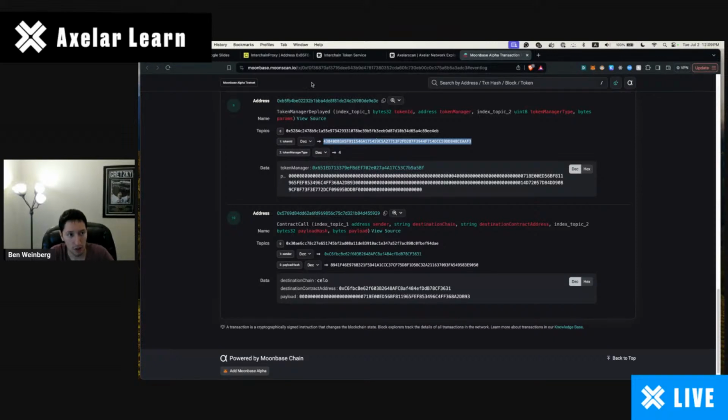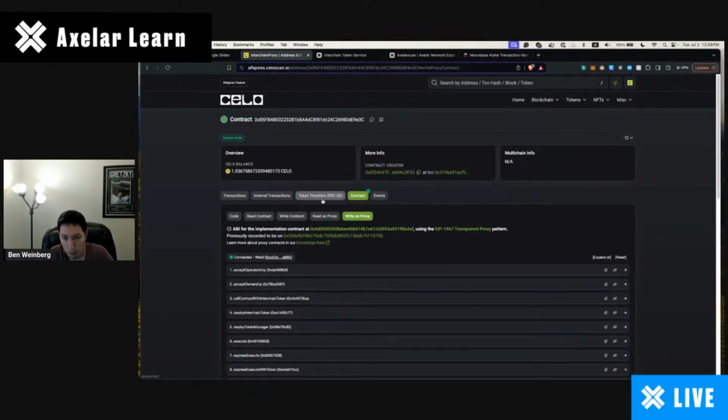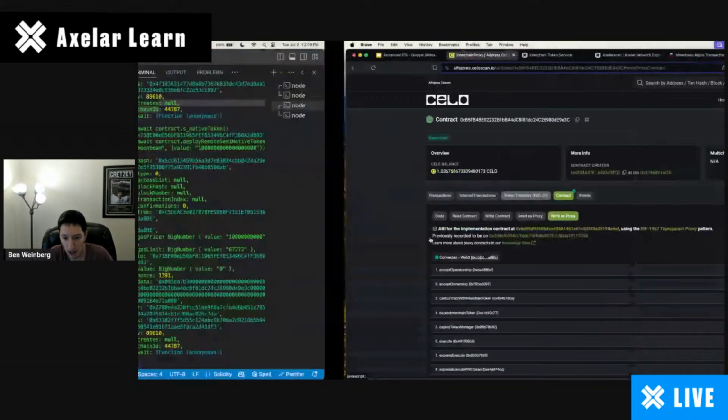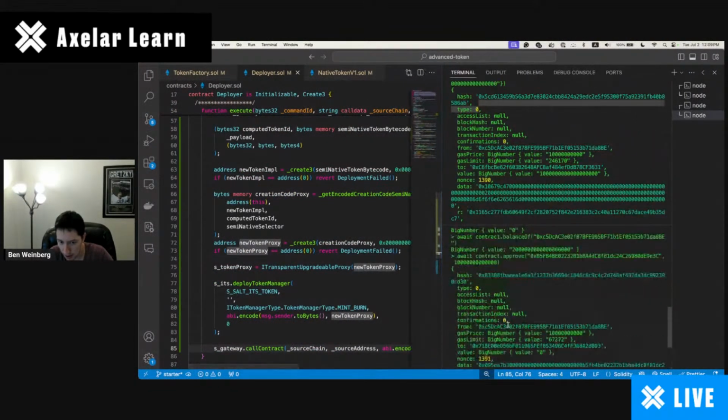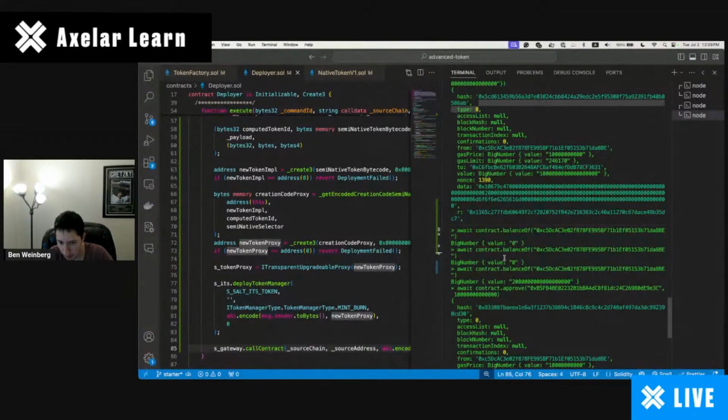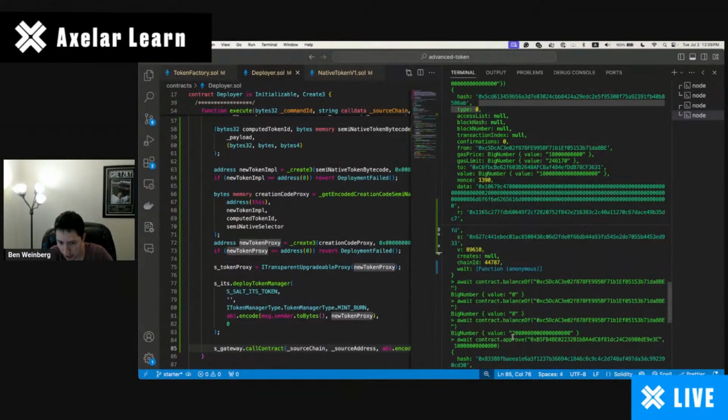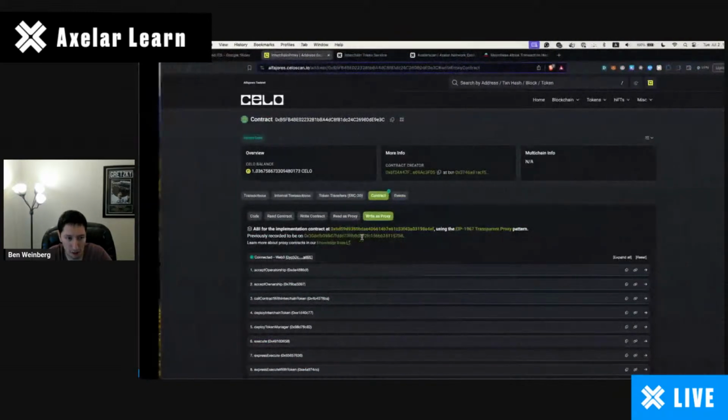Okay, so if I go back to Silo now, remember what we want to do. We want to send our tokens here, which we have minted. We minted the token, and we have a balance of 2 to the power of 18 here. And we want to send those tokens now from Silo to our newly deployed ITS token on Moonbase. There's tons of ways to do this. We can do it right from the token itself. I'm going to do it through the